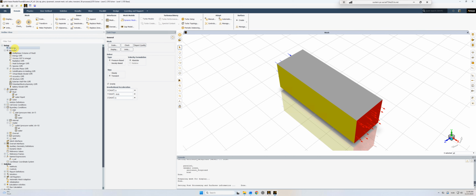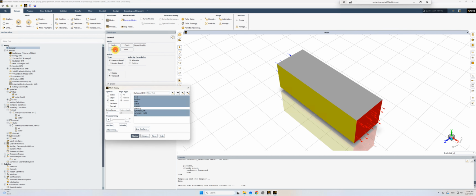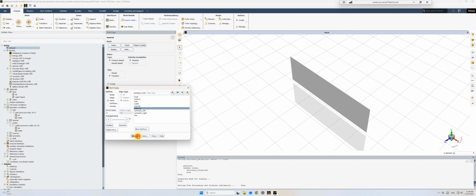Let me show you actually the mesh before we run any overset. So this is going to be interesting. If I just show the mesh in the XY plane, so I have defined the XY plane in the middle of this section. If I show you the mesh,